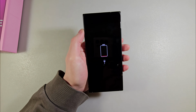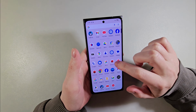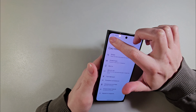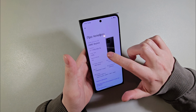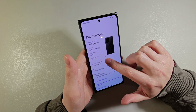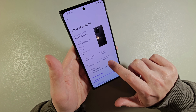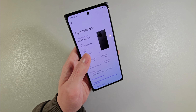Okay, one moment please. Device load. Okay, open settings and look information about device. We have Android 14, Snapdragon 7S Gen 2 CPU, battery 4600 mAh,